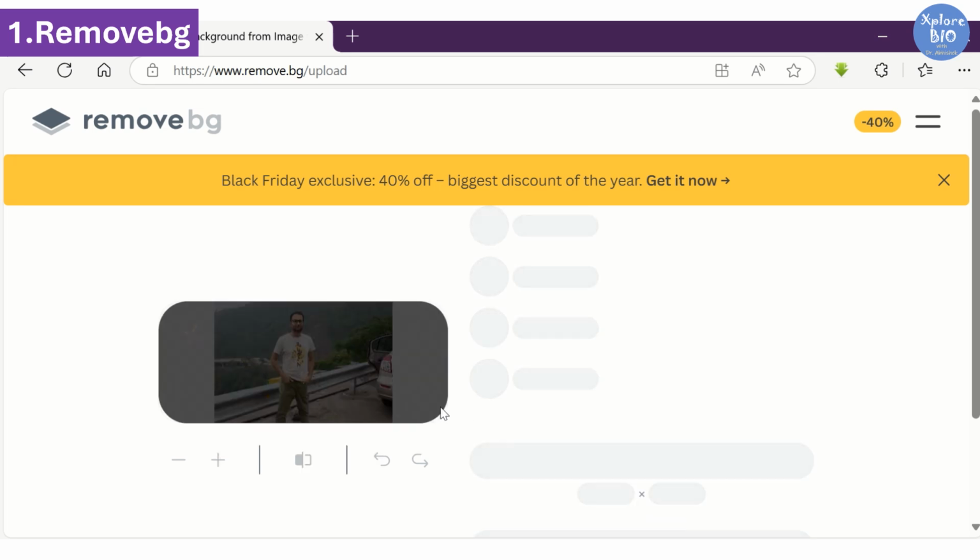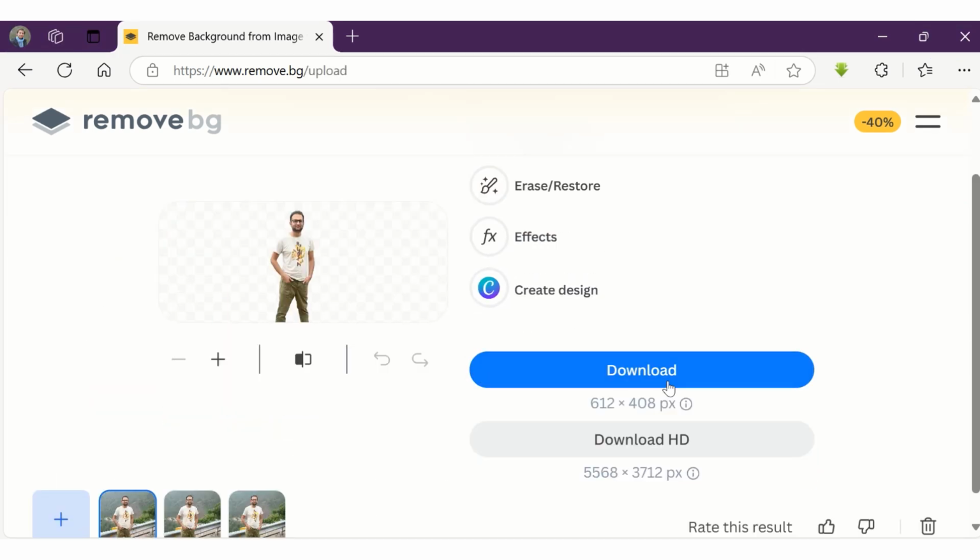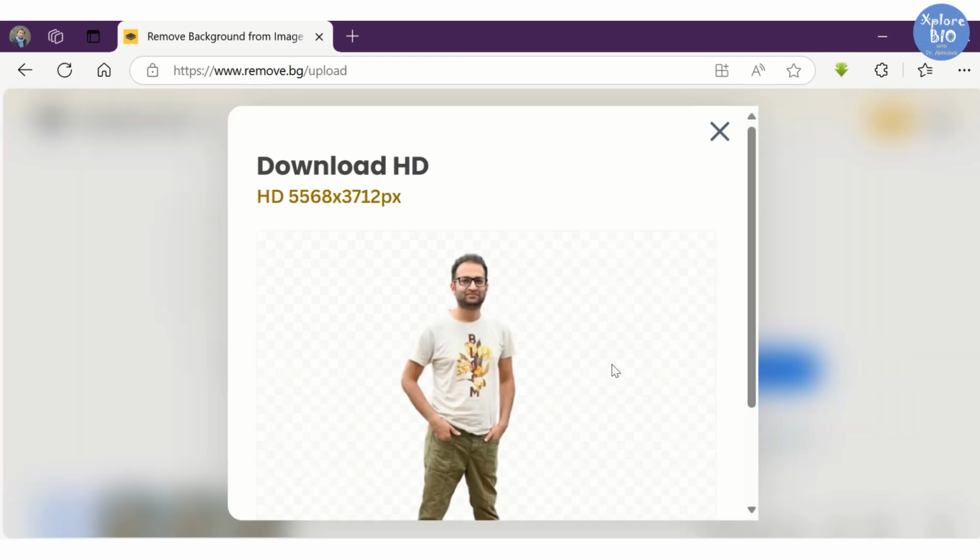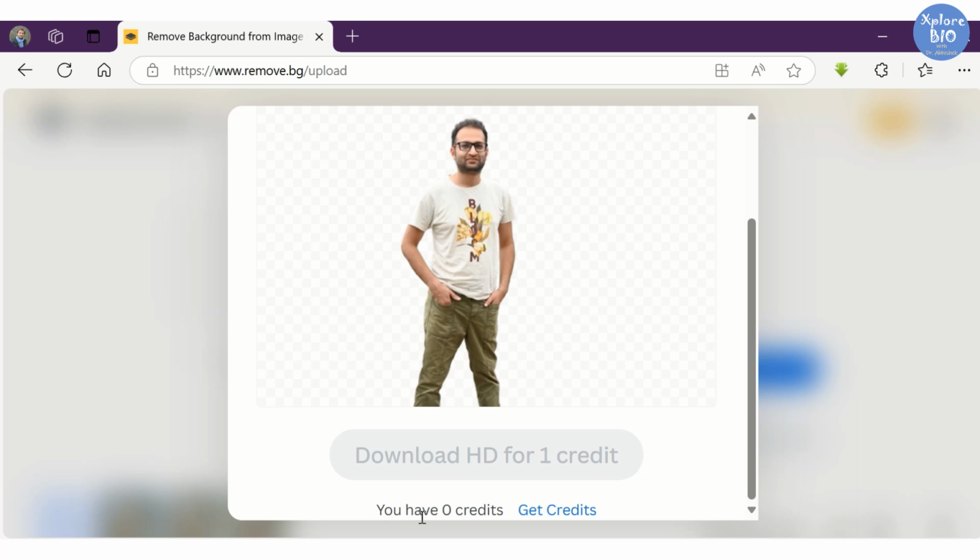You simply have to upload the image from which you have to remove the background. Within seconds, it will remove the background. You can download a decent quality image for free. But for downloading a high resolution image, which sometimes is essential, you have to purchase a premium plan at some